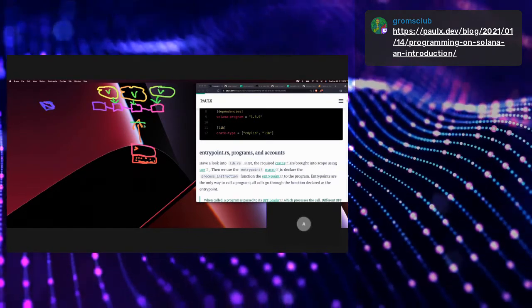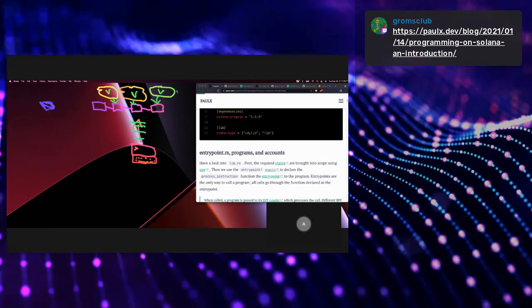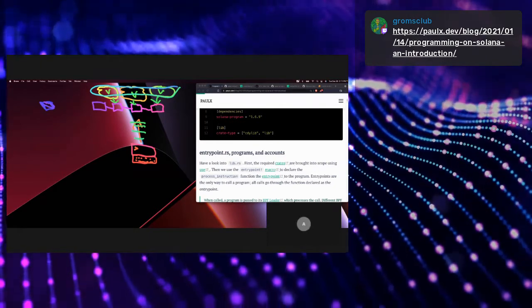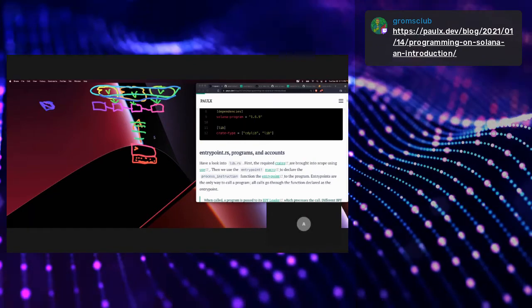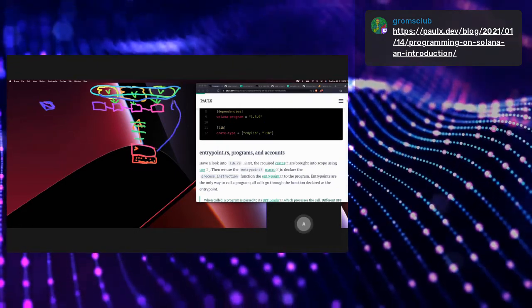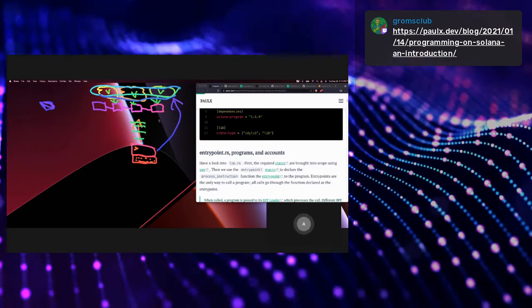So maybe it's more appropriate if we think that there's this group of validators. Oh, that's so bad. This is like a circle around our validators here. There's a group of our validators that we actually send our smart contract to, and they save it in their memory. And then whenever the smart contract is called,